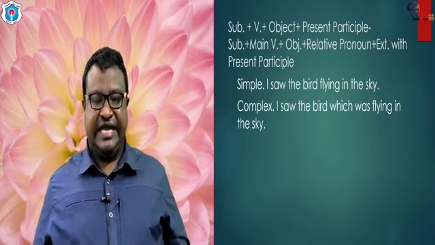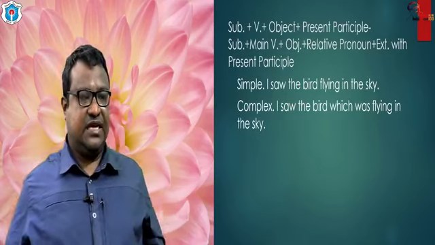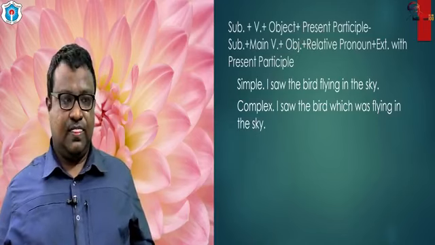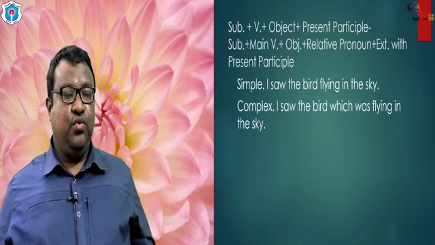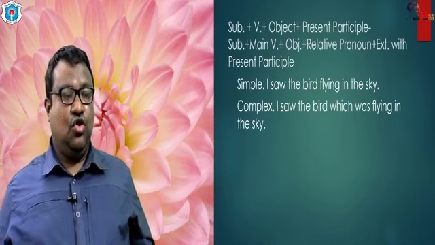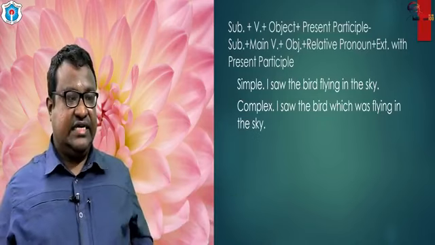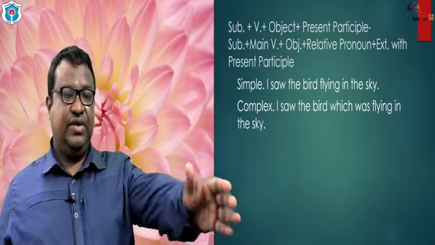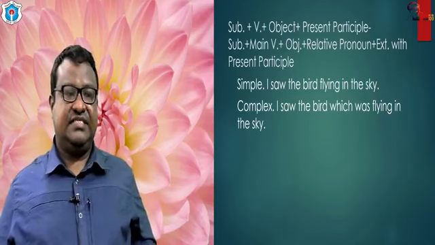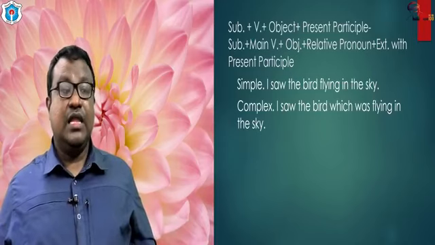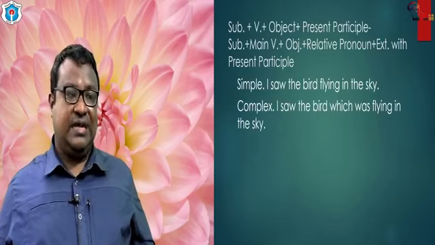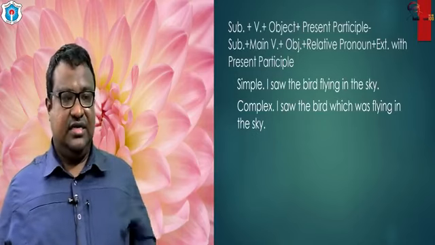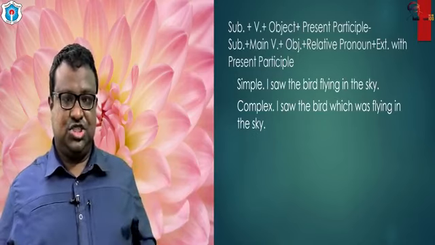Then comes the next structure, that is subject plus verb plus object plus present participle. I saw the bird flying in the sky. I saw the bird which was flying in the sky. So here we see that there is a principal clause, that is subject plus verb plus object. Then we find it is followed by a present participle, flying in the sky. So when we are turning it into complex, the principal part will remain the same, I saw the bird. Then we will bring the relative pronoun which, and then